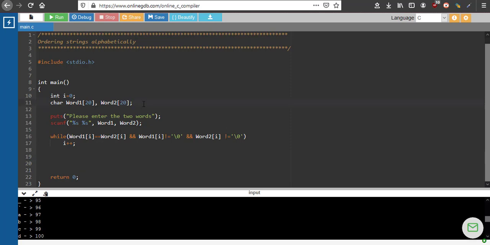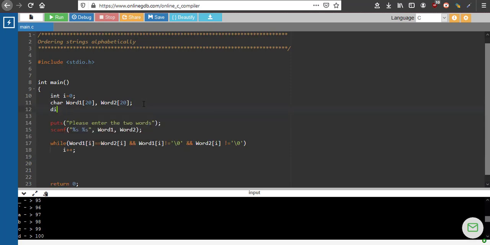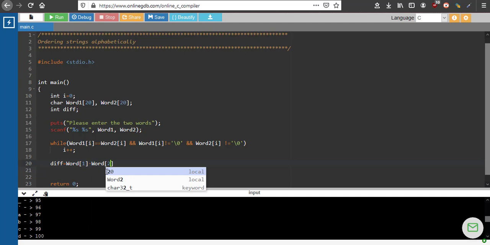So what I will do is create a new variable, int diff, and store diff equal to word 1 minus word 2. Remember these are character arrays, but when we do this mathematical operation on them, they take the ASCII value and do the mathematical operation.